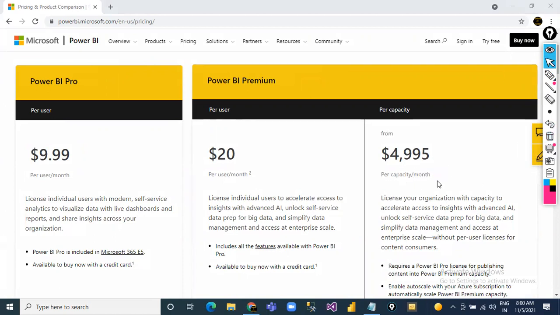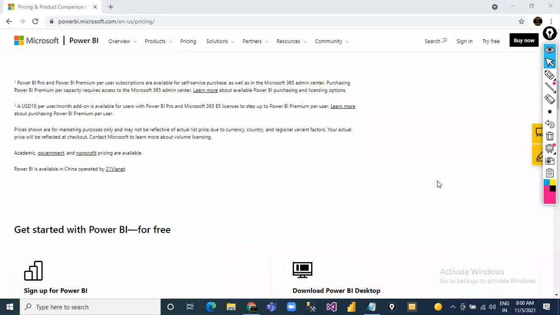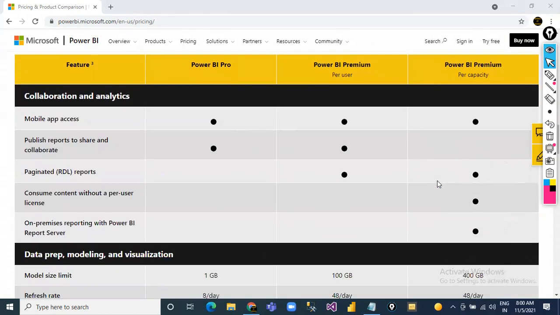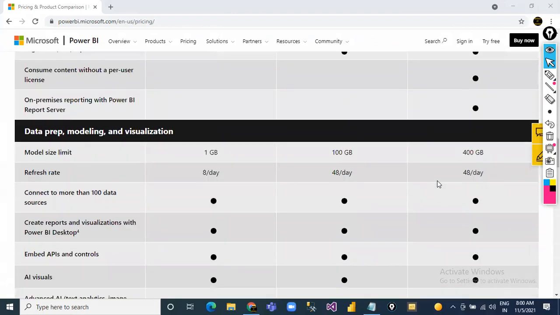If I go to the features, here the model size limit will be 1 GB. That means one dataset can have only 1 GB of data, whereas in Premium per user it is 100 GB, and the whole capacity can have a 400 GB model size limit.